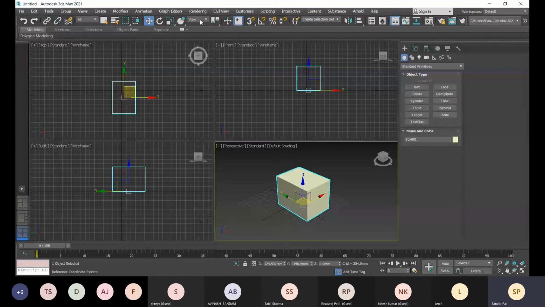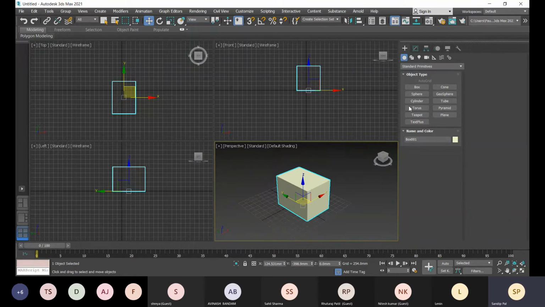Okay, so here you see this coordinate system is currently set according to the view. This view is right now perspective, so there I am getting 3 axes shown, right? But in the left screen, this gizmo is showing according to the view, that is left, and here is also like that, right? Top is also in this top view. I'm getting this gizmo like this, X and Y, and here in front, right? So if I change it to screen or anything, according to that it will work.